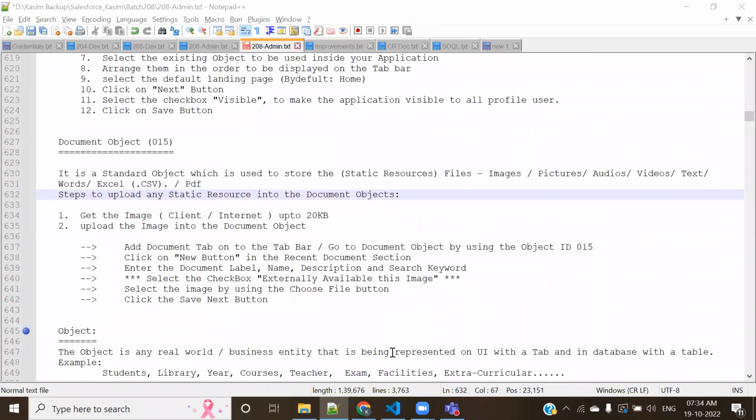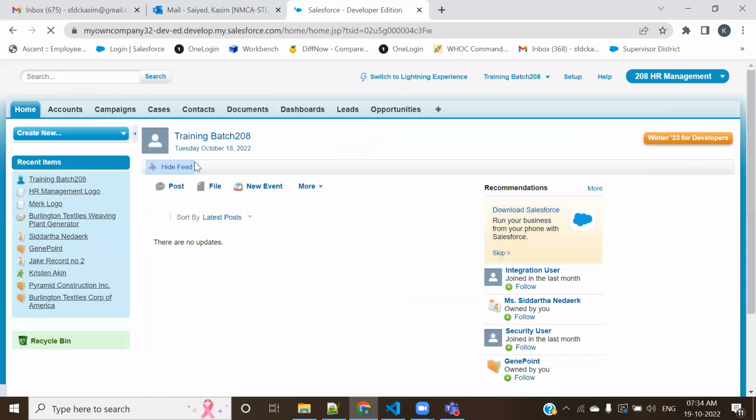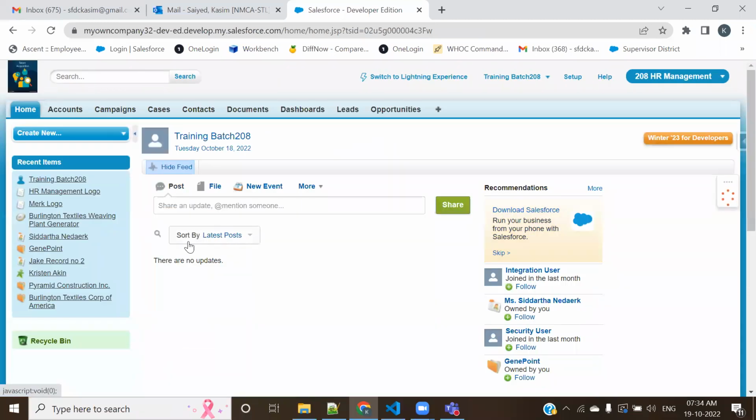Right. So yesterday we saw how exactly we could associate certain images with the applications, and you also understood the concept of the document object and the concept of static resources. Whenever we want to use any sort of file in Salesforce from an external source, we first of all need to store it. We first need to upload that content